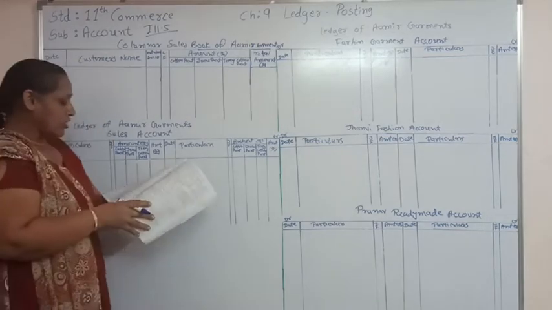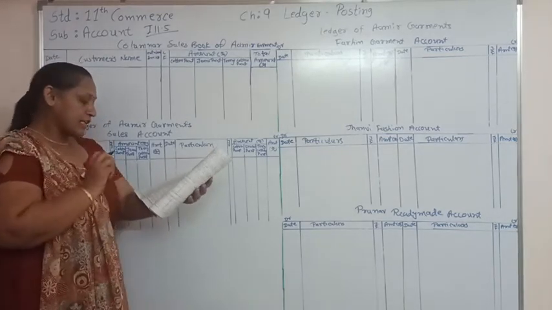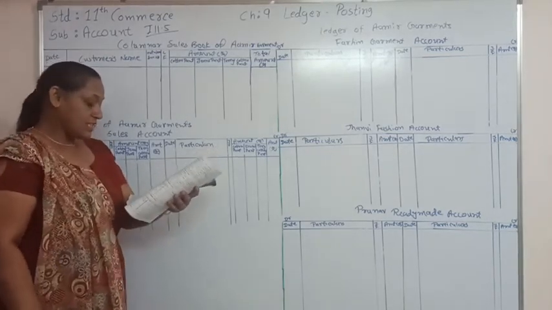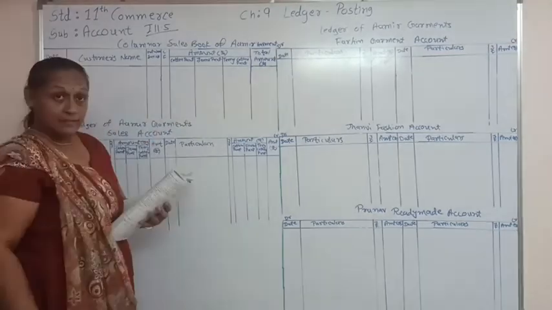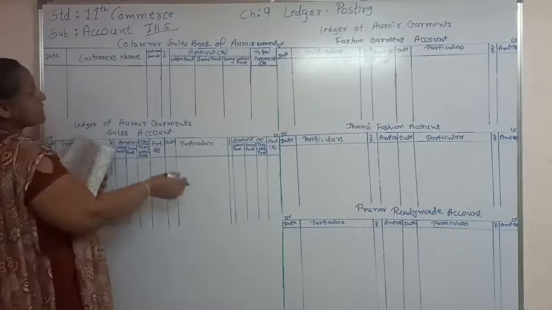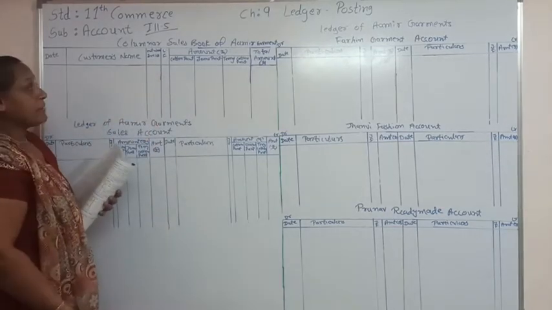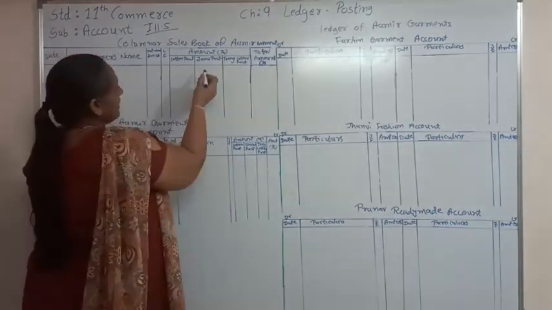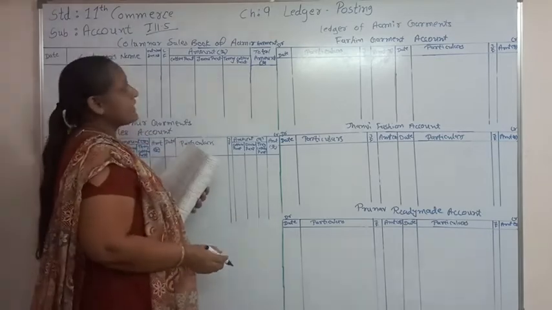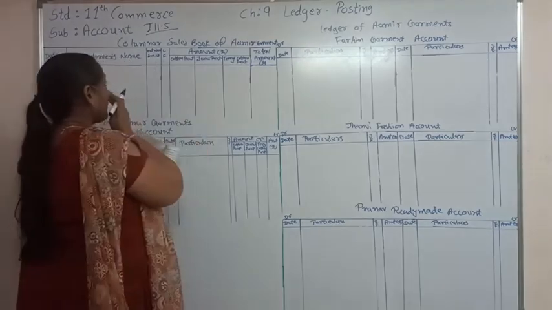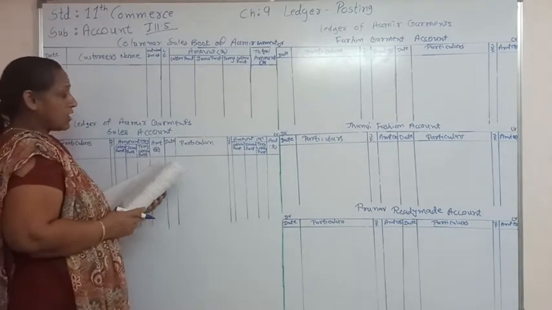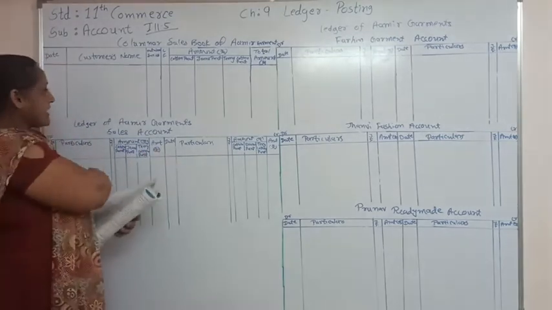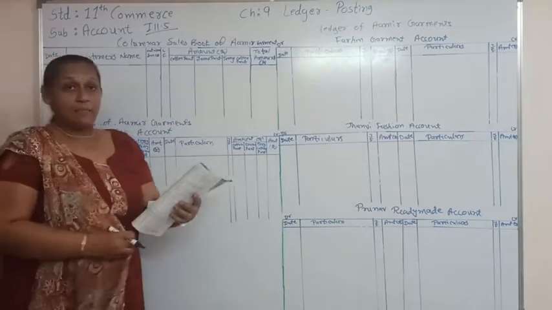In that, the columns are given to us: the cotton pant, then the jeans pant, and the terry cotton pant. Three columns are supposed to be there in the subsidiary book, and the polymer subsidiary book is prepared here with the columns cotton pant, jeans pant and terry cotton pant. So this is the subsidiary book, and we have already prepared the accounts also. These are the ledgers of Amir Garment.